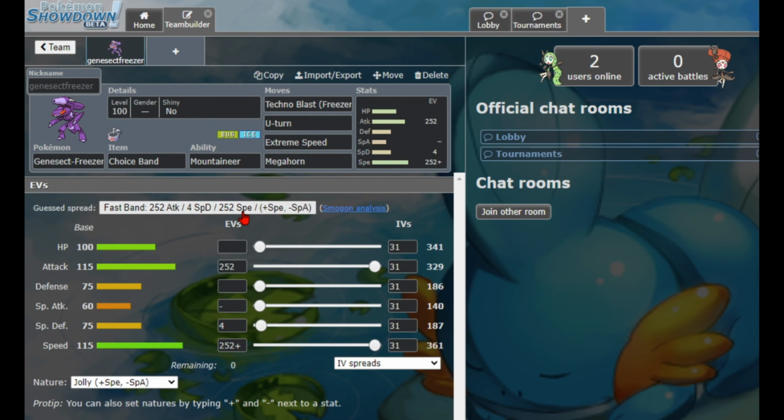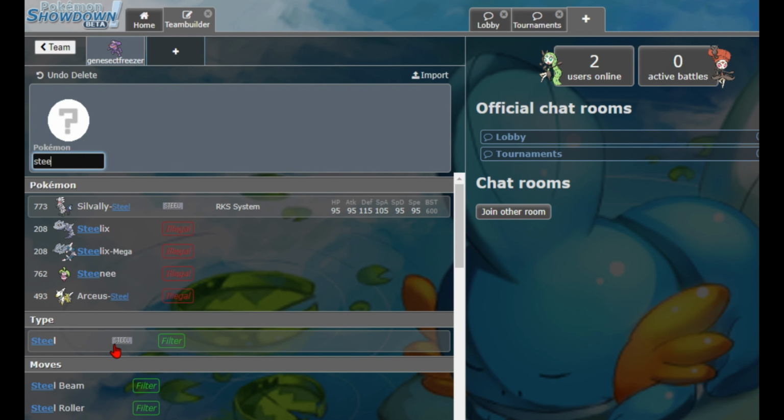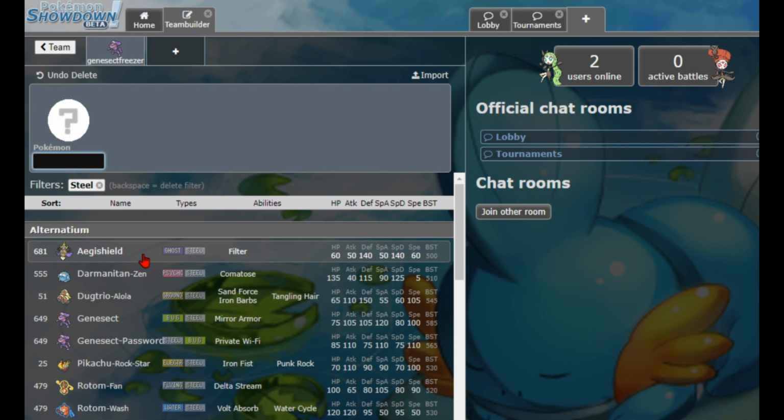So yeah, this is a thing you can run. This is checked by steel types, and steel types are everywhere in this meta. Like, I mean, there are really good steel types like Aegis Shield, Damet and Zen, Dark Trio. Okay, Dark Trio A has to be careful because of Technoblast, but we have the other Genesects. We have Rotom, Rotom Wash, Rotom Fan, and the crowned